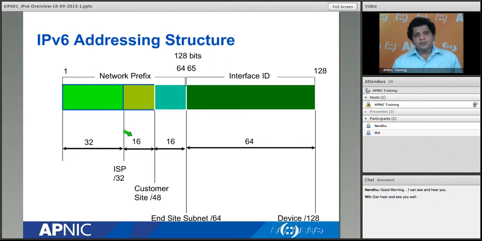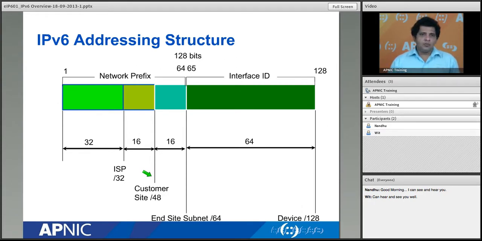Now, when it goes to the end-site level, meaning operational networks, they are not going to further delegate to others. They will stay in the end-site. So these are given for operational networks. Those address blocks can be of a size between /64 and /48. Now the definition here is that each subnet in IPv6, the recommendation is to have as